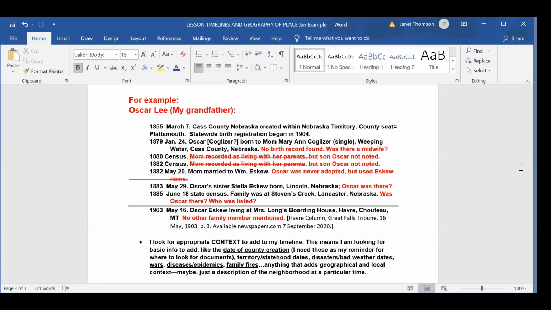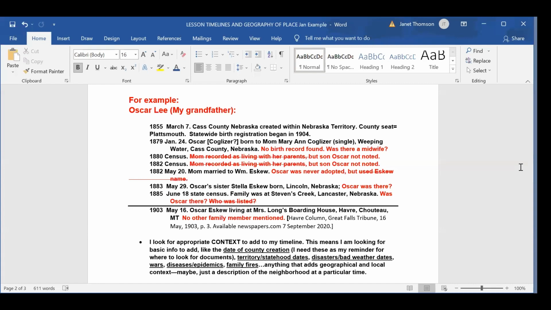So now I'm really back seeking again more records in Weeping Water, Nebraska, because I know he lived there, or his grandparents did. I know that's where he was for the first 3 years of his life. And I have all kinds of articles about his grandparents. But the only thing I have about him or his mom is the one article that said that his mom got married to William Eskew